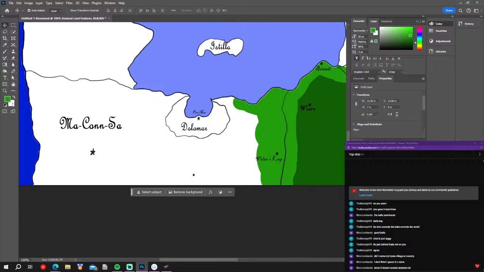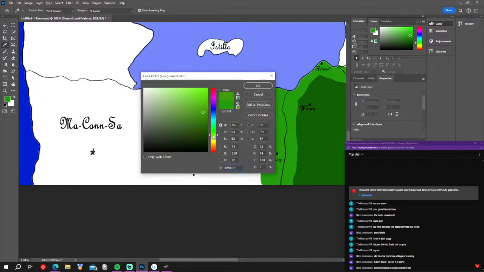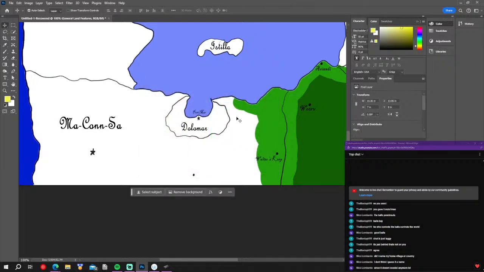So, yeah, Makansa has this yellowish sort of field land, grassland type area. So let's see if we can find a good golden brown. It's like farmland for the most part. It's my, oh yes, okay. So there's a lot of farmland here. It's the primary resource, I guess you could say, here in the area. So I feel like that's a pretty ugly yellow, but I think it might be what we stick